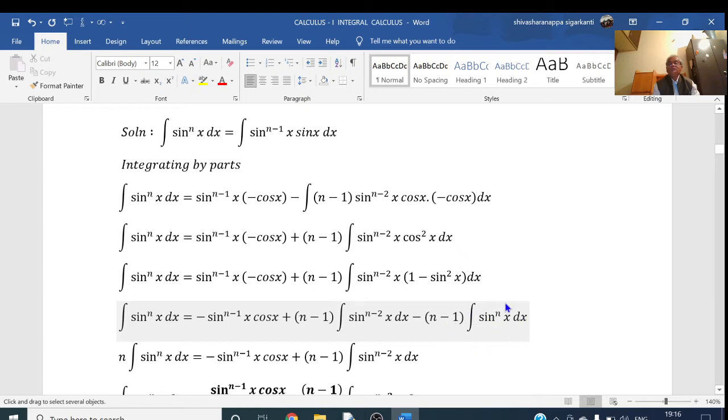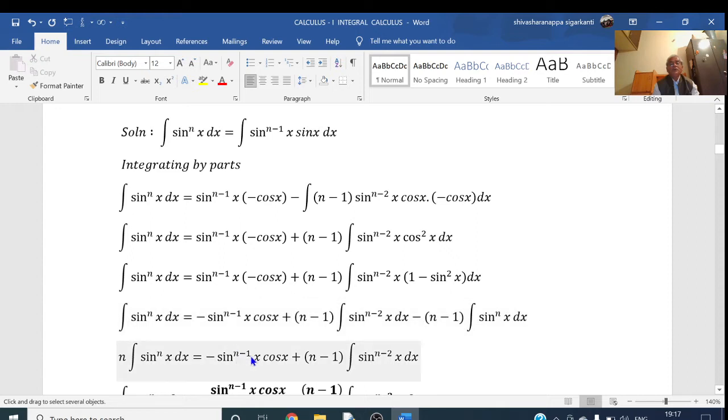Now we'll take this term to the left hand side. On the left hand side we have the integral of sin x to the power of n. This one, if I take it to the left hand side, is 1 times sin x to the power of n, plus n minus 1. Minus 1 plus 1 gets cancelled. The left hand side becomes n times integral sin x to the power of n dx